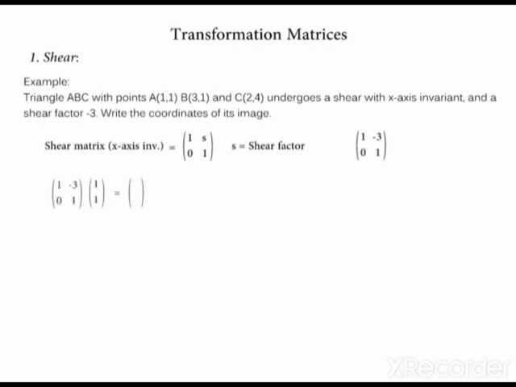Point A, 1, 1, so we have 1, -3, 0, 1 times 1, 1. 1 times 1 plus -3 times 1 is -2. 0 times 1 plus